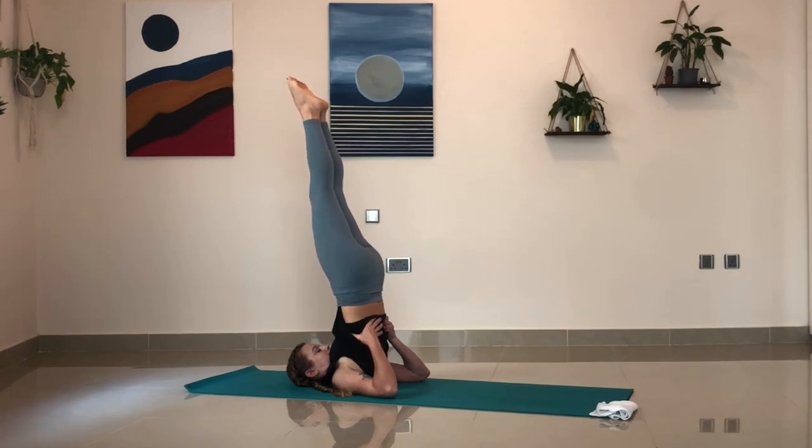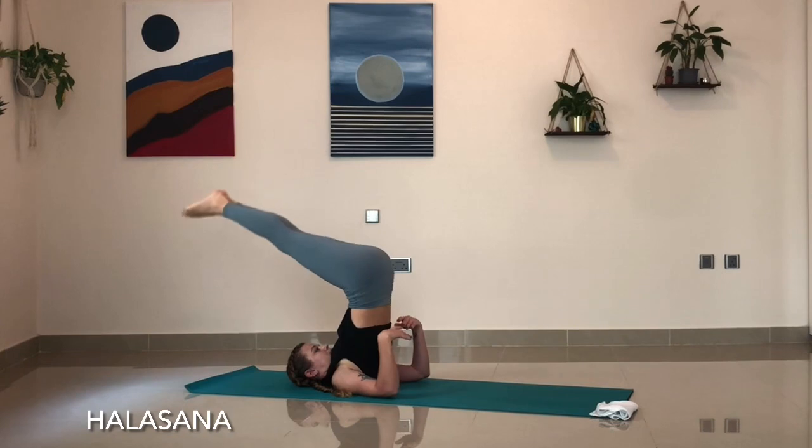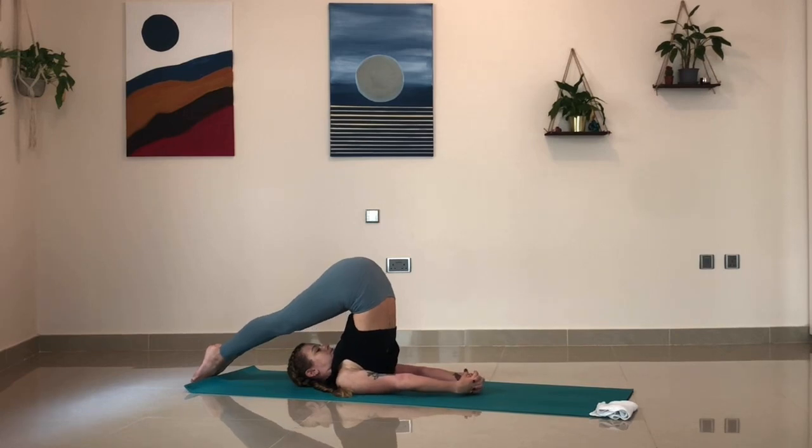So letting your feet go back behind your head, pointing the toes down, and interlacing your fingers, stretching the arms straight. And 8 breaths here. 1,